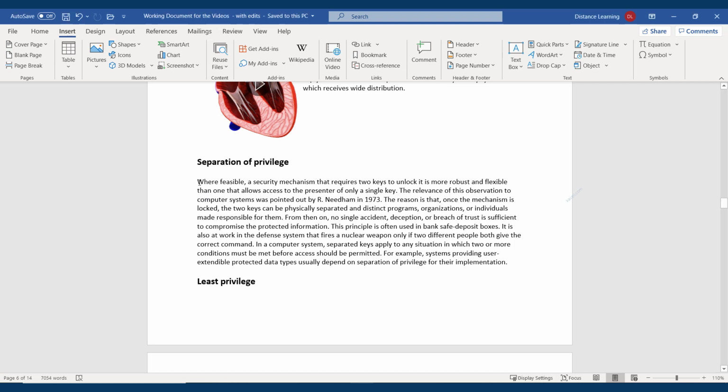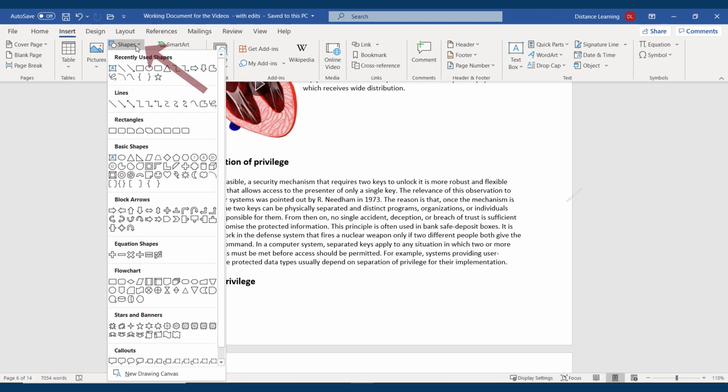So we go here at any place on the document, then we click on the Insert tab, and then we go under Shapes. Now you can select any of those shapes. Of course, this is just to make a case. They have to be used purposefully for your document. And in this case, let's say I wanted to use